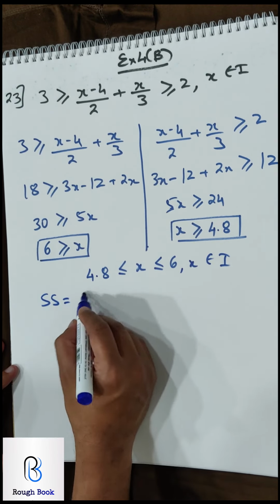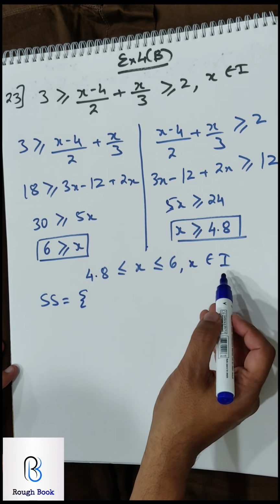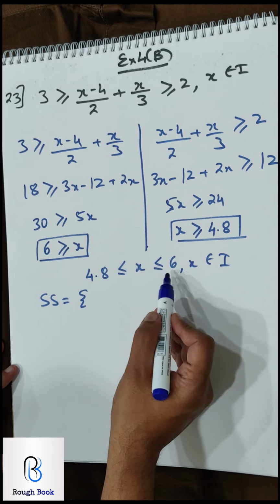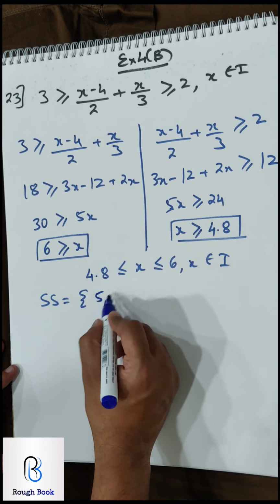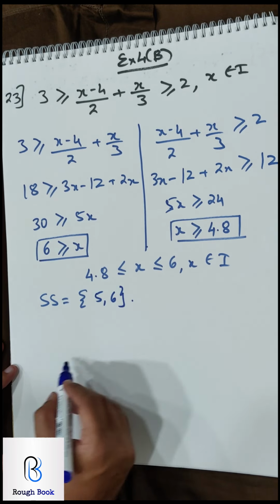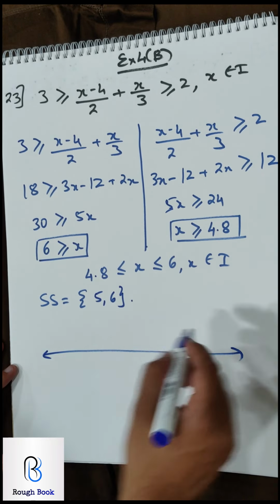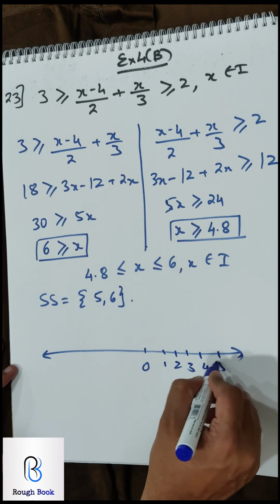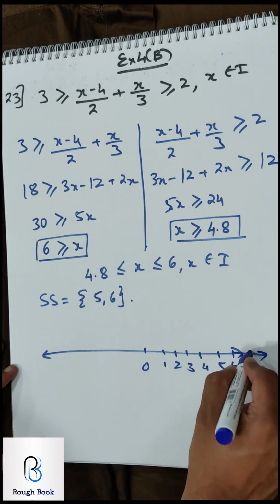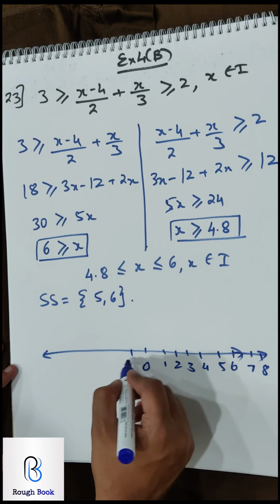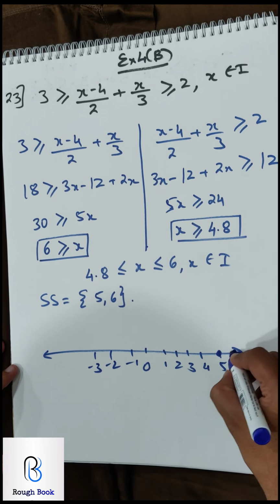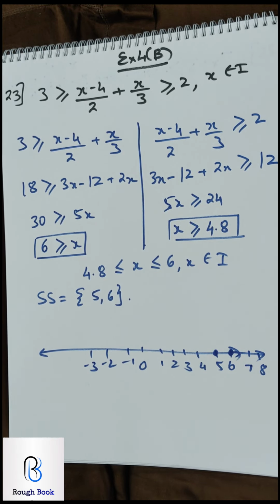So what should be my solution set? So obviously I integers, and here in this case I can see 4.8 to 6 is the range. So the only numbers that I can pick up are 5 and 6. So let's draw the number line for the same. So you shall plot these 2 points, 5 and 6. We'll have to add some extra coordinates. Don't forget, yesterday I told you extra coordinates must, otherwise you will lose your marks on that. So 5 and 6.